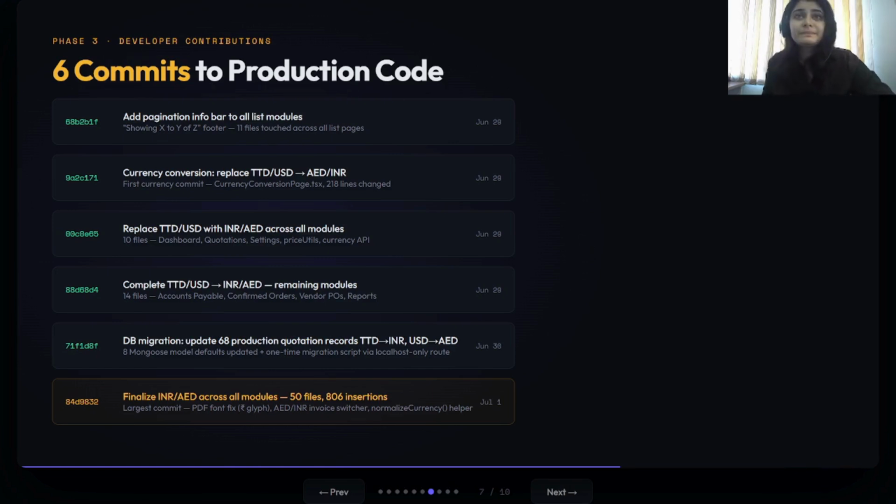I committed the scope to the currency conversion page, then converted 3 core and 10 frontend files: dashboards, quotations, settings. Commit 4 extended to 8 to 14 more files: accounts payable, confirmed orders, vendors, PO, reports. Commit 5 was the database layer, updating